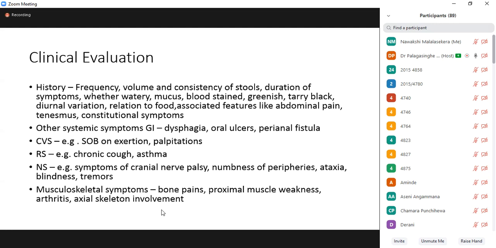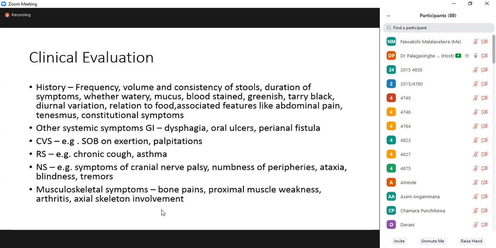Those are the main things in the initial evaluation you have to concentrate on. And as I have said before, duration of symptoms. If it is more than 4 weeks, yes, that's chronic diarrhea. But how long has the patient had the symptoms? How many episodes has the patient had? Whether it's going on for months, years? And apart from blood staining, whether the stool contains mucus or not, and then the color of the stools, whether it's yellowish, greenish, and